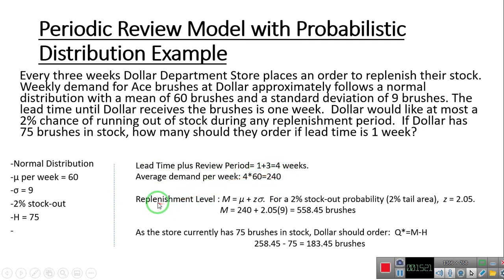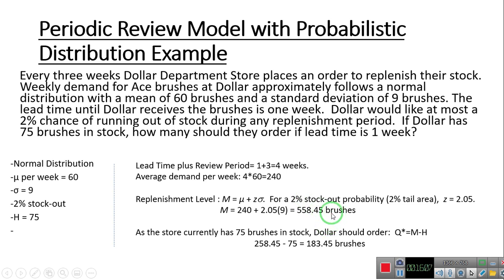240. Okay. Now let's calculate the replenishment level. Your M is going to be the mean plus the Z times the standard deviation. We're assuming at most a 2% chance of running out of stock. So 2% stock out means 98% stock in. You're going to find that the Z is equal to 2.05. Therefore, M is going to be the mean plus the Z times the standard deviation of 9, which is going to be